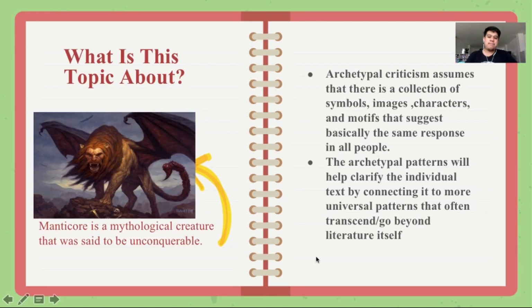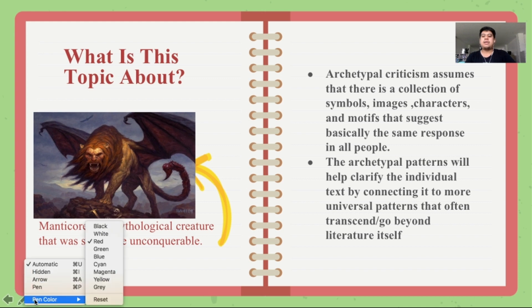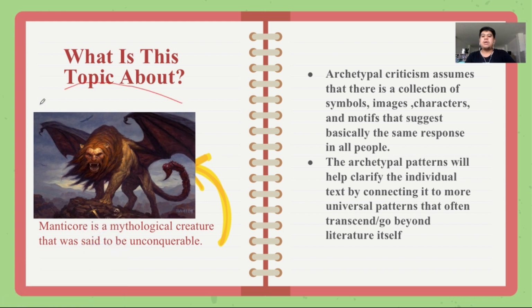So what is this topic about? I want you to focus your attention here on this image. So what is this? This is a manticore. A manticore is a mythological creature that was said to be unconquerable. So unlike formalism or new criticism, which is more on assessing the text itself, more on the language, more on the different imagery and patterns in it,